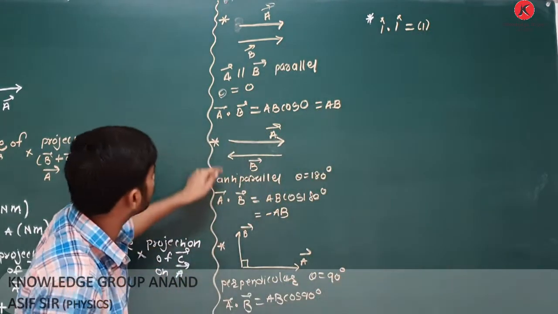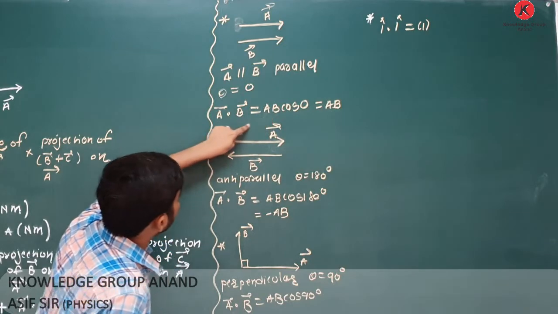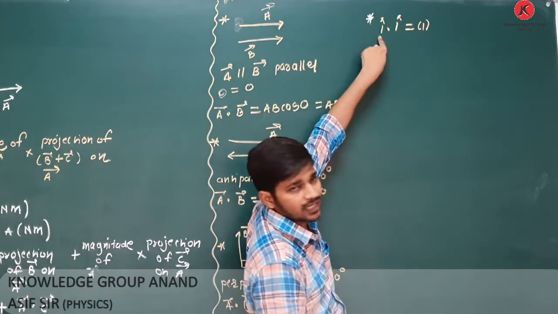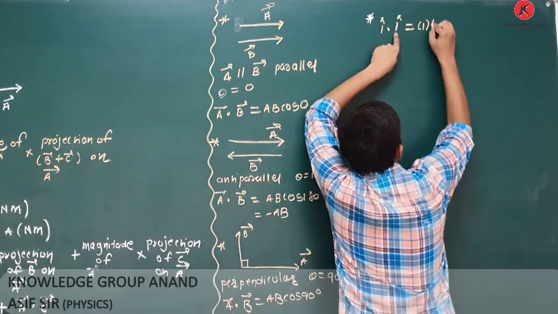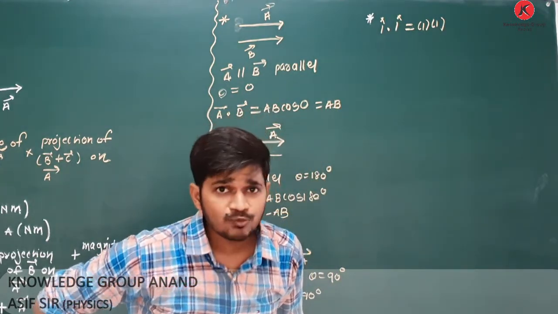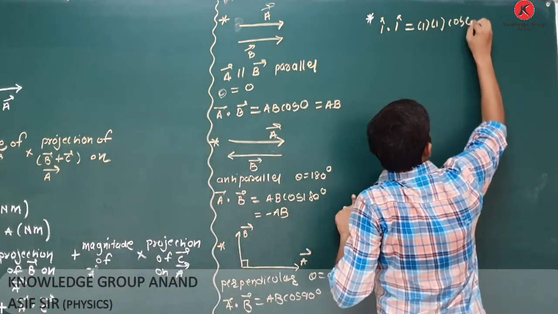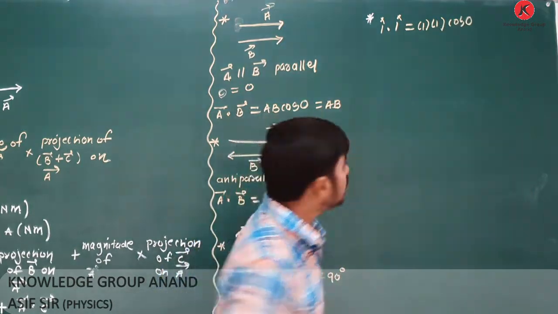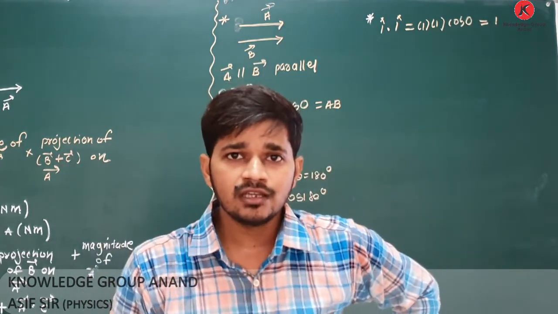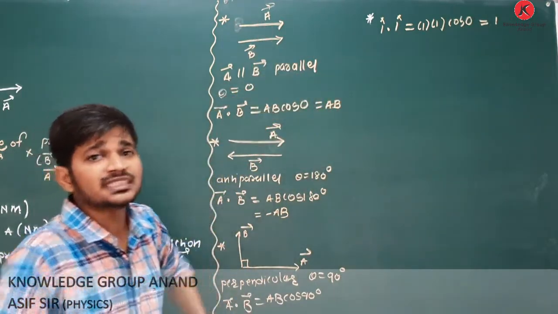You have to follow this formula: A dot B is equal to AB cos theta, where A is the magnitude of the first vector, B is the magnitude of the second vector, and theta is the angle between the two vectors. Here, i caret is a unit vector, its magnitude is 1, and the other i caret also has magnitude 1. They are the same, equal vectors, so their direction is the same. So what is the angle between them? It is cos 0, and we know the value of cos 0 is 1. So your answer is 1. Clear about this? So i caret dot i caret is equal to 1.